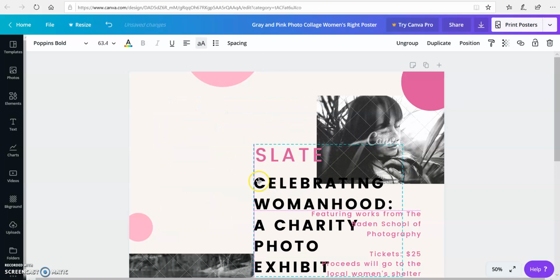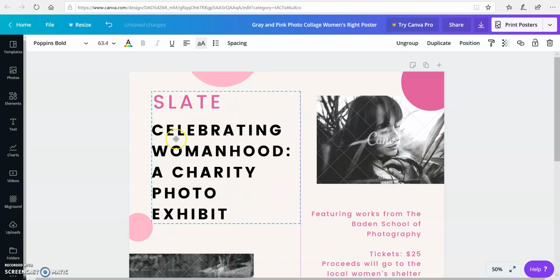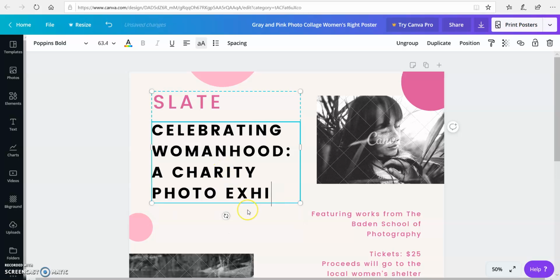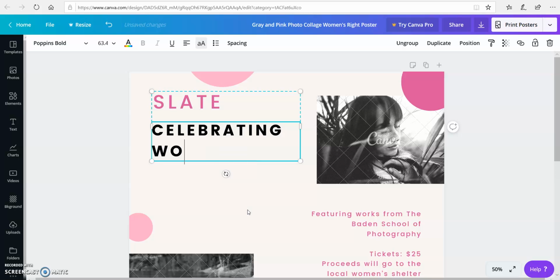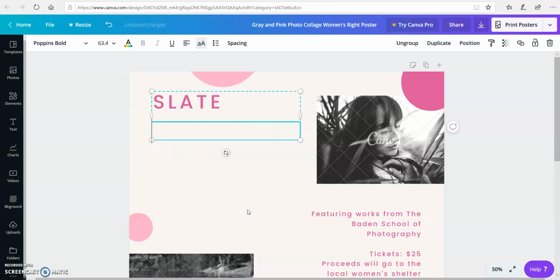Maybe I want to say some information about slate here. I keep grabbing it and moving it. And maybe I want to talk about what type of rock it is. So I might say, it is a metamorphic